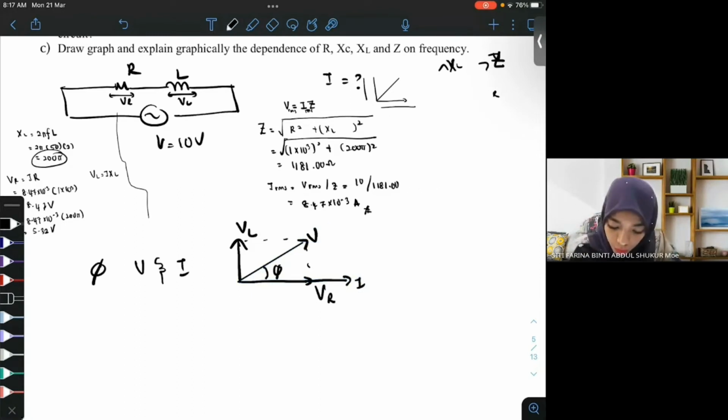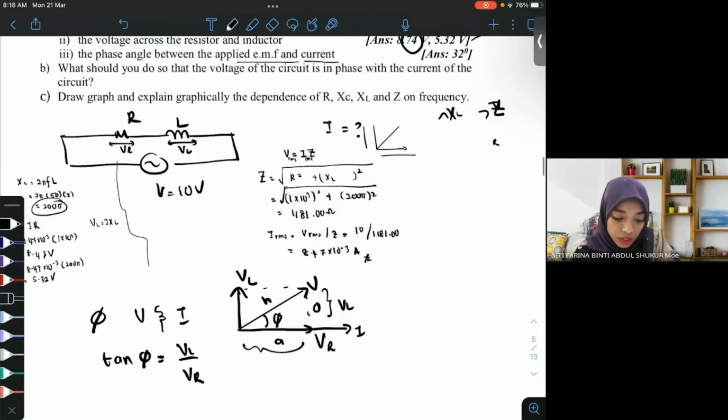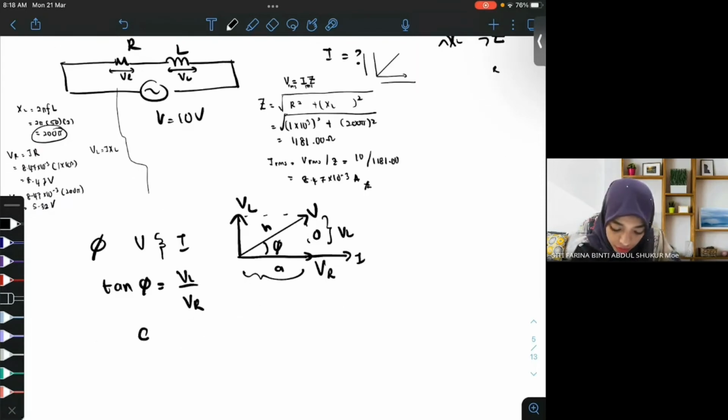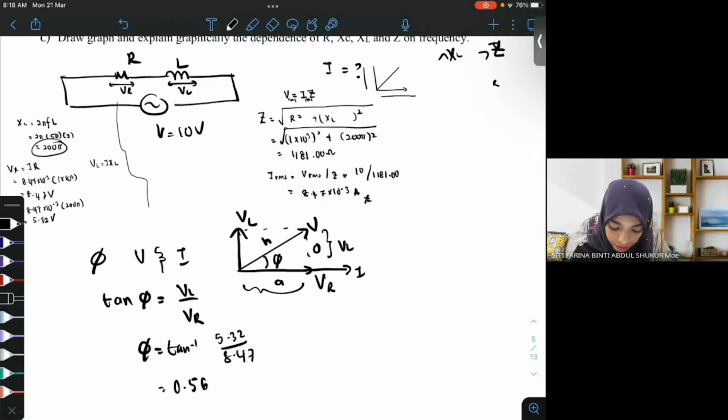Okay, so to find this one, opposite, adjacent, hypotenuse. So tangent theta akan sama dengan opposite kamu is your VL divide by your adjacent which is your VR. Both this V kita dah cari. Kita dah ada daripada soalan dua tadi ni. Voltage across resistance dan juga inductor. Theta akan sama dengan tangent inverse VL iaitu 5.32 bahagi dengan 8.47. Shift tangent dulu. 5.32 divide by 8.47 shift. Kamu akan dapat 0.56 dalam radian. And then kalau dalam degree, you should get